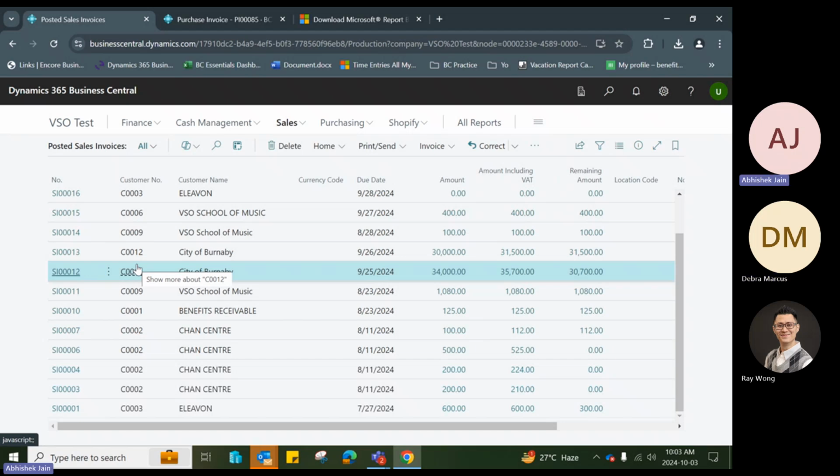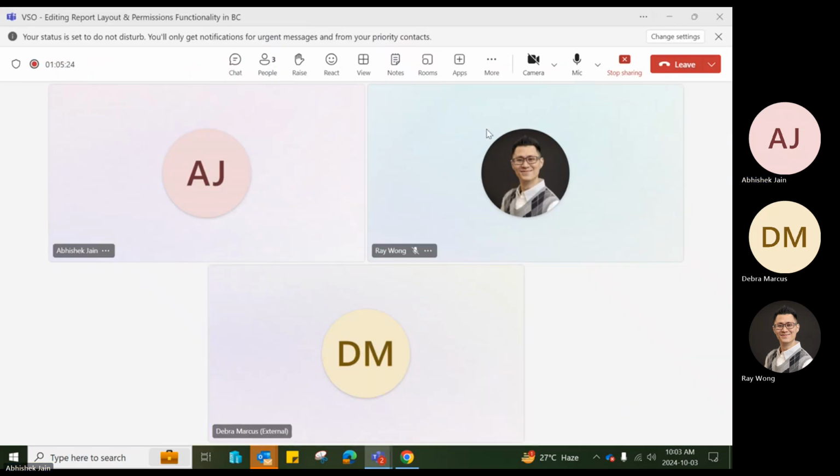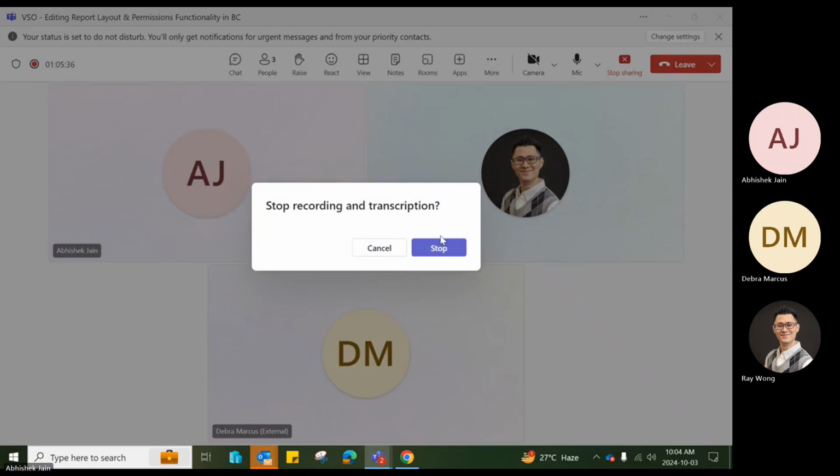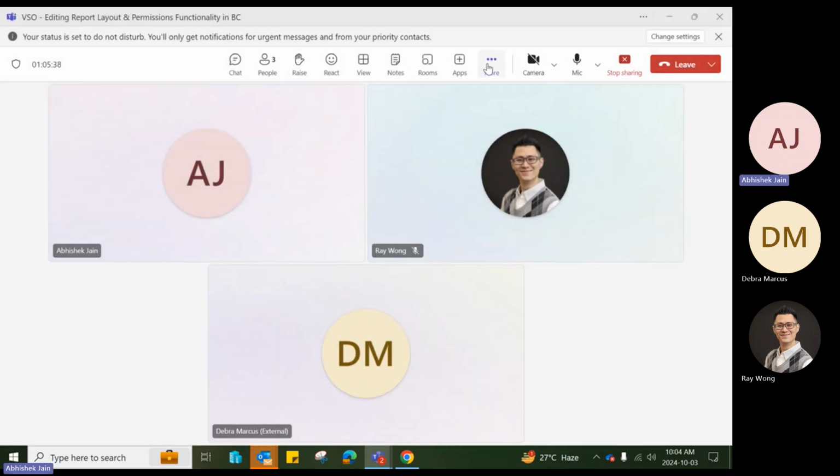The next part I wanted to cover was permissions. Yes. We still have time. So what I'm going to do is, if you want, I can stop the recording and start a new recording for permissions. So these two recordings will be separate. Yeah, that would be great. Thank you. Okay. Yeah, I can stop this recording and I'll change the name of